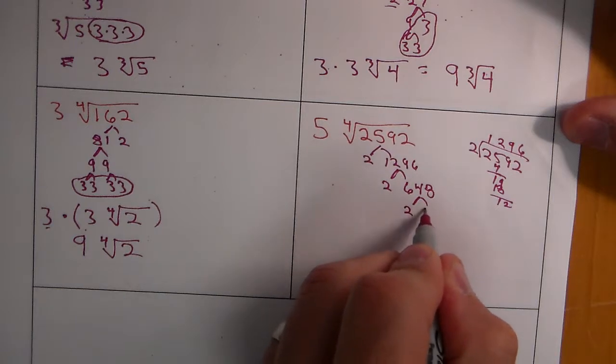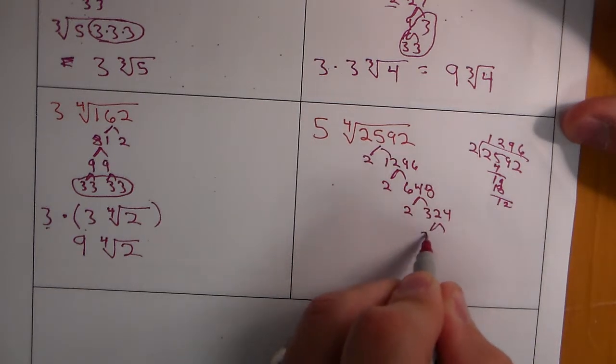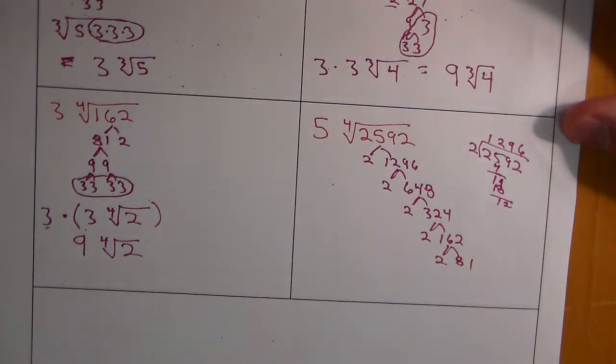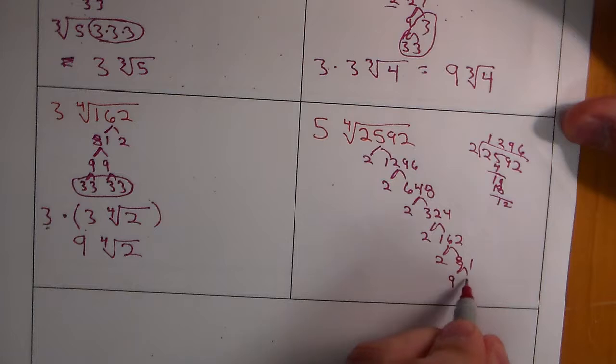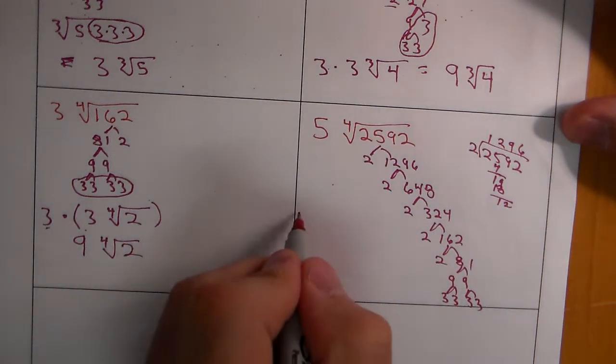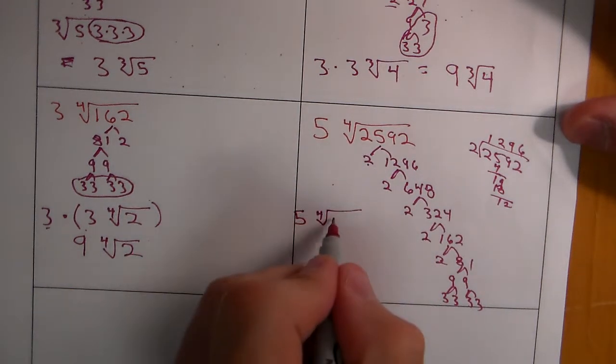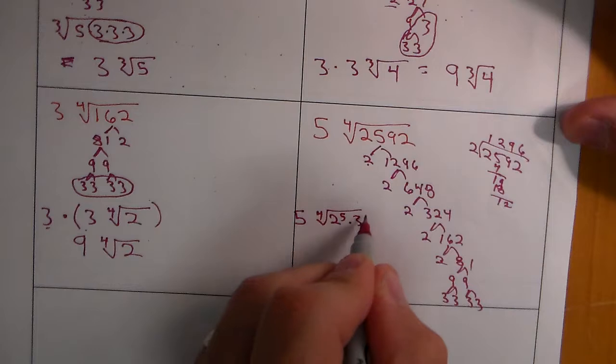Divide that by 2, and that gives me 324. Divide that by 2, it gives me 162. Then I get down to 81, which is 9 and 9, and then I have 3's. Let's just rewrite this. This is 5 times the 4th root of 2's, 1, 2, 3, 4, 5 2's and 4